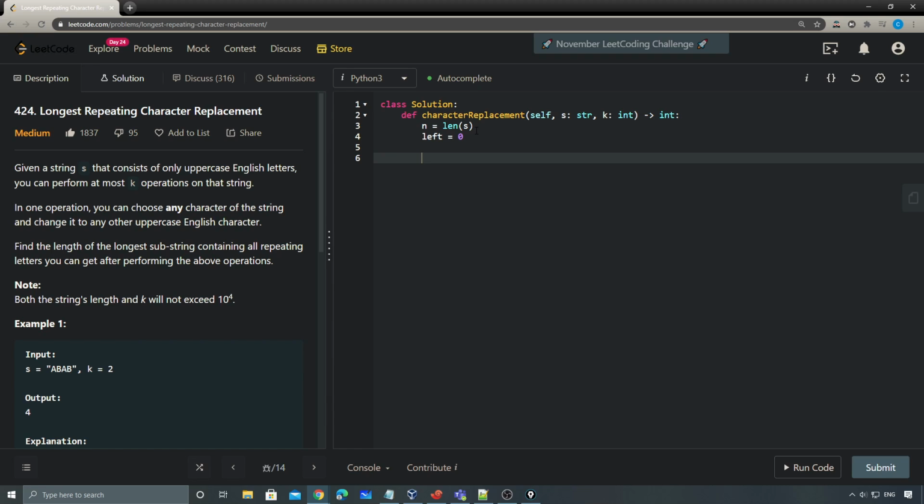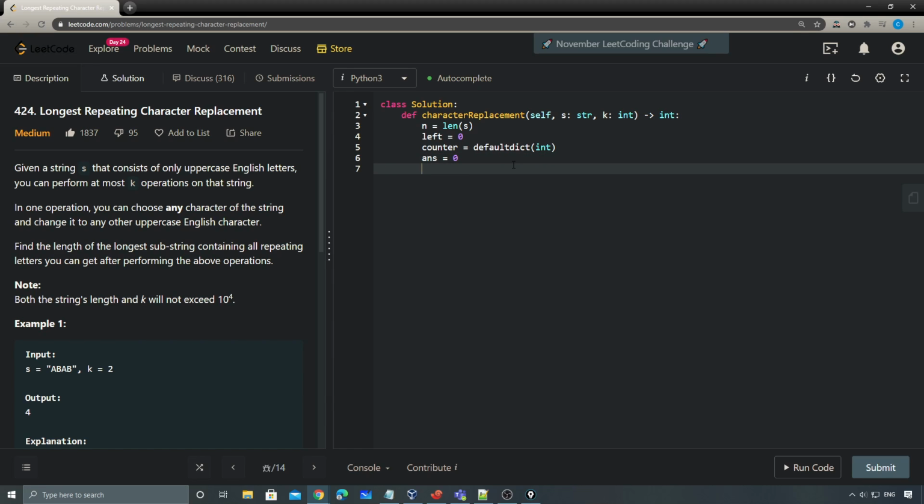Then we need a counter. The counter will be a defaultdict of int, right? And then we have an answer equal to 0, since we're getting the maximum, the longest,